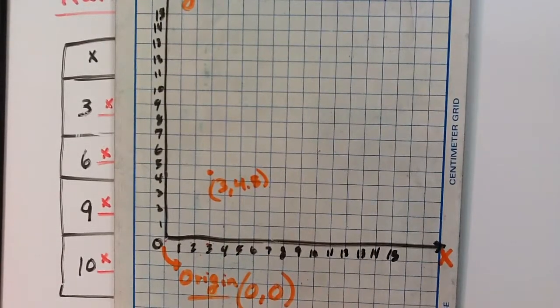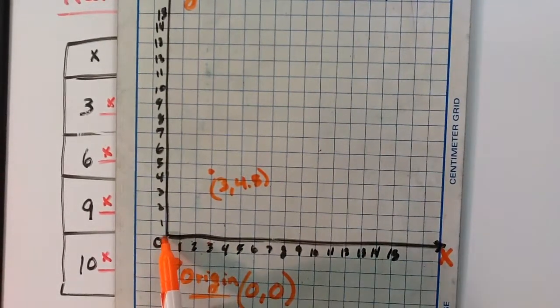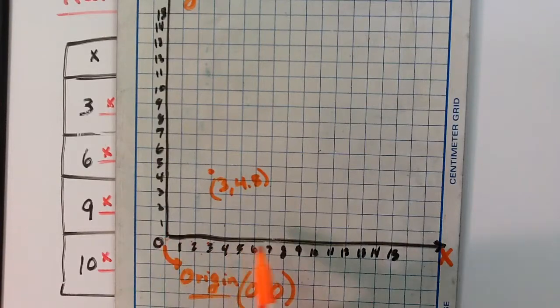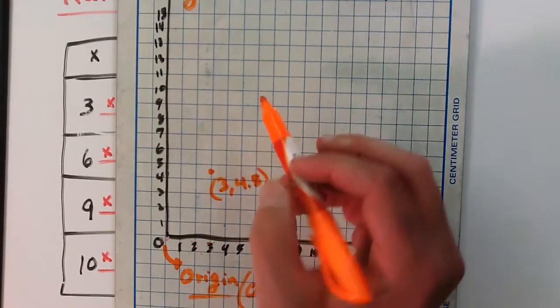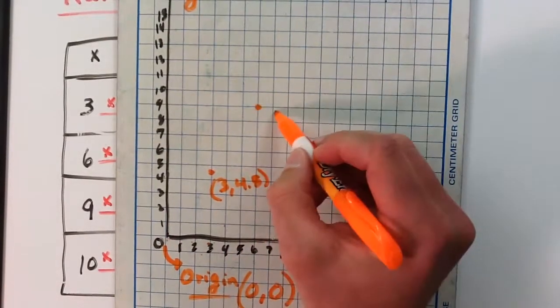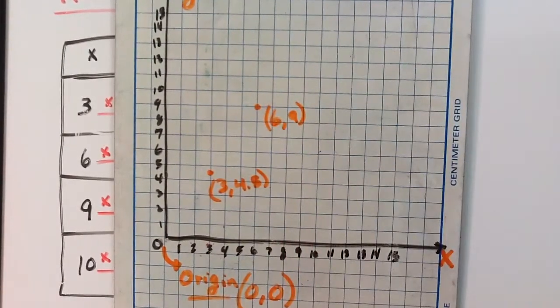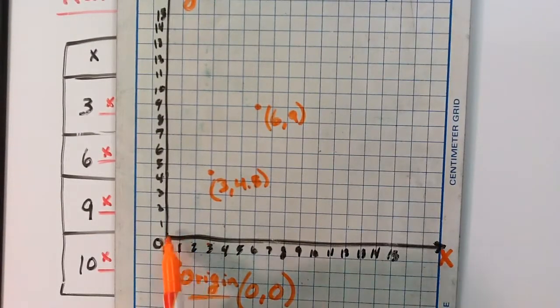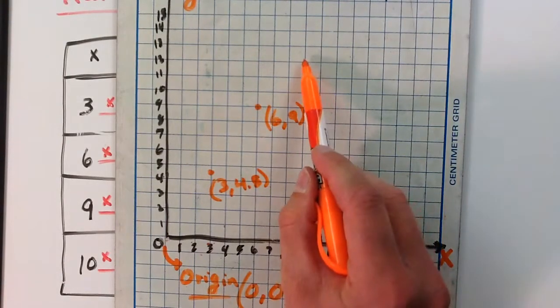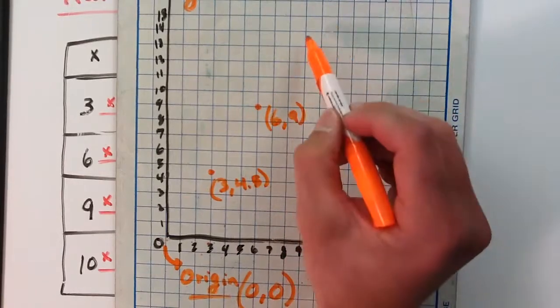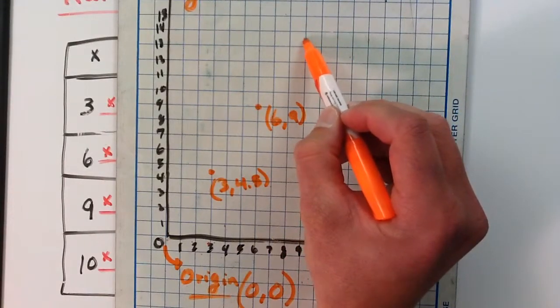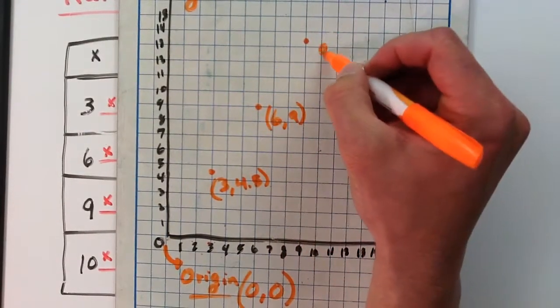Next, let's graph our second point, 6, 9. So I would go right 6 from the origin, right 6, up 9, and put a dot. This is the point 6, comma 9. That's our second point. Okay, our third point is 9, comma 13.5. So the x value tells me to go right 9. I go right 9, and then up 13.5. I go up 13, and then 0.5 more. So that's between 13 and 14. This would be the point 9, comma